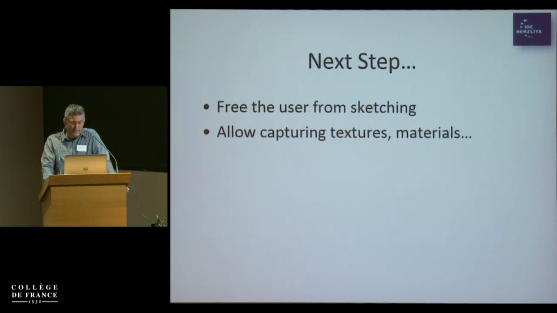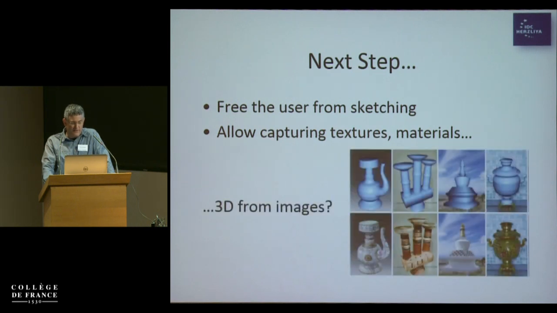So when we move to the next step, the first thing we wanted to do is maybe we can free the user from actually sketching. Maybe we can look at real things and try to model them as they are. And what better thing to do than to just take a picture of something? This also will allow capturing the textures, the materials maybe, of the specific object that is modeled, and not just create those gray-looking objects. So the next step is really modeling from 3D images. We start with a three-dimensional image, and we want to create, again, a tool for a human being to create those objects out of those two-dimensional